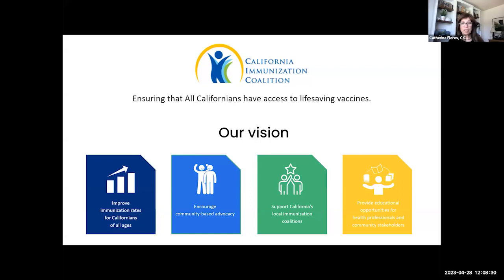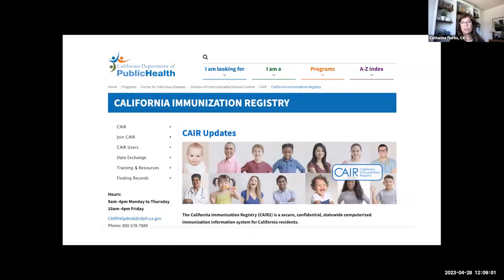We encourage community-based advocacy, and we work very closely with our local immunization coalitions in California. We have about a dozen right now. It waxes and wanes. We used to have about 18 or so, but right now we've got about 12 or so solid coalitions and folks that are working to develop coalitions in California to make sure that we are addressing the needs of local communities, to make sure we are hearing from the local communities, and that the local coalitions and communities have the resources that we might be able to provide. And again, as I said earlier, educational opportunities for healthcare providers and providers such as yourself.